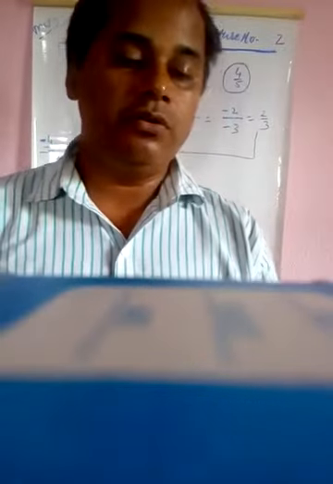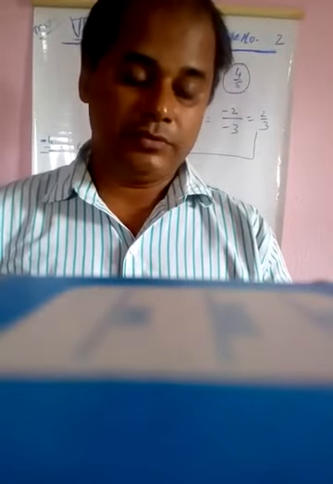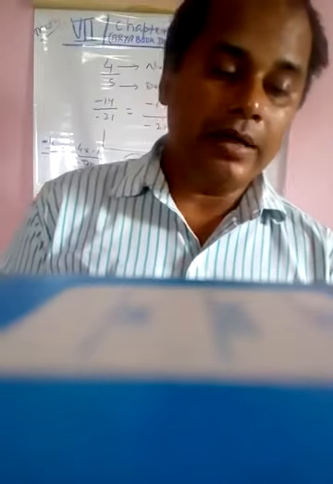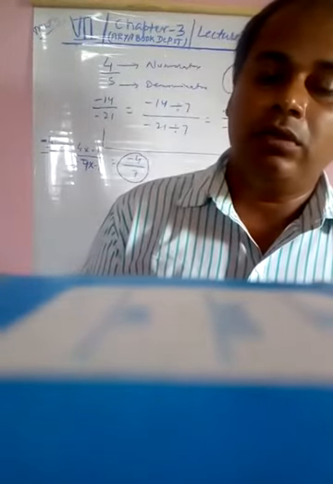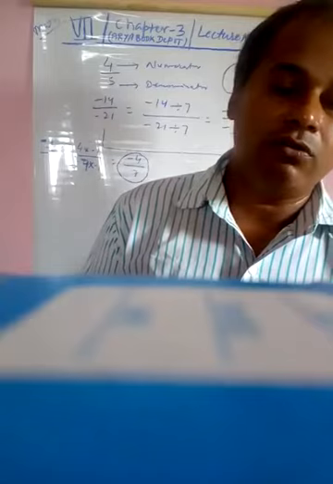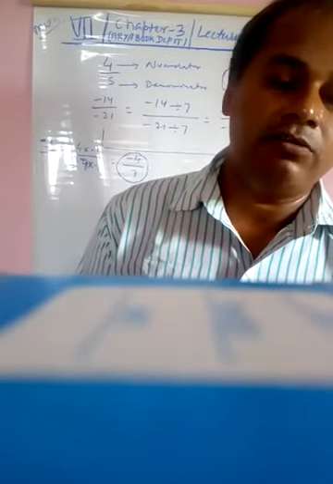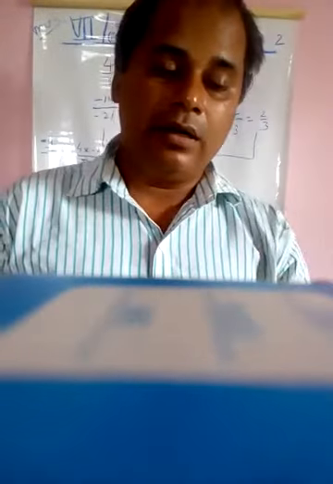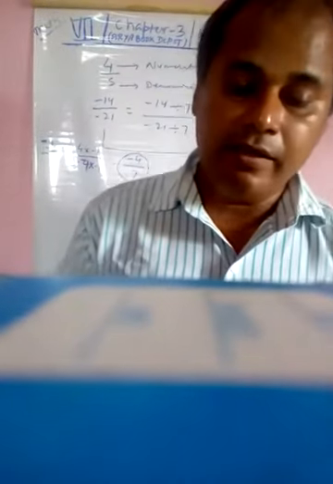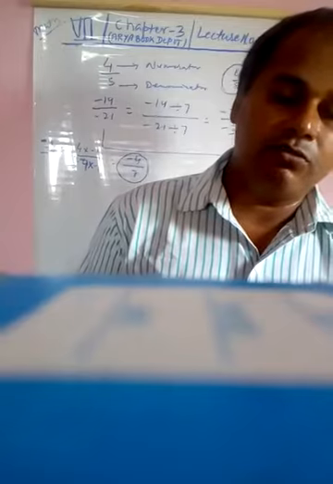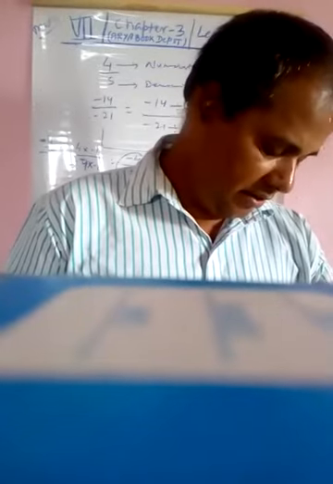Second question. Minus 2 into 2. 18 divided by 9 is equal to 2. So minus 2 multiplied by 2 by 9 into 2 is equal to minus 4 by 18. Similarly, you can find that minus 2 by 9 is equal to minus 4 by 18 is equal to minus 6 by 27 is equal to 10 by 45.